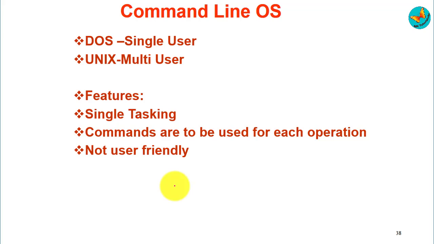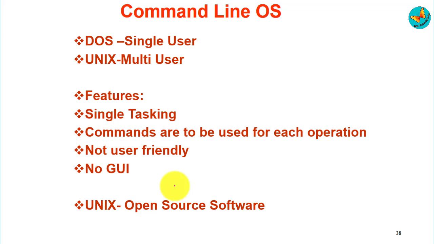So only experts or geeks could use this command line operating system. And since there was no GUI, that is graphical user interface, this command line operating system was restricted to only a few people. Now if you compare DOS and Unix, Unix was open source software and DOS was the proprietary software of Microsoft. Now from command line operating system, next we developed the GUI based operating system,